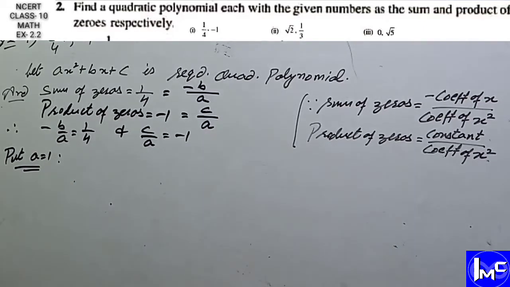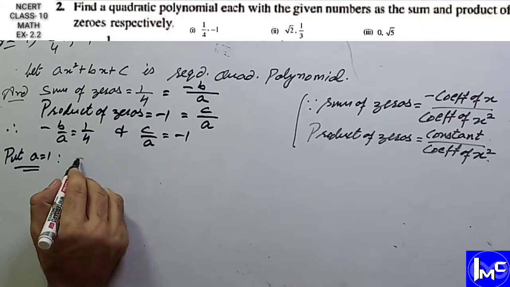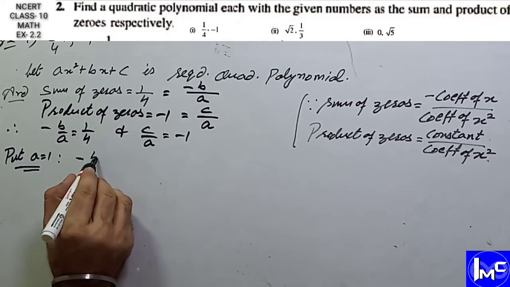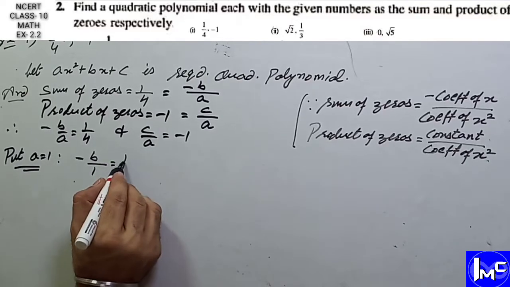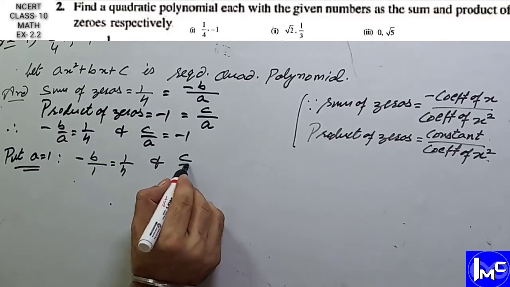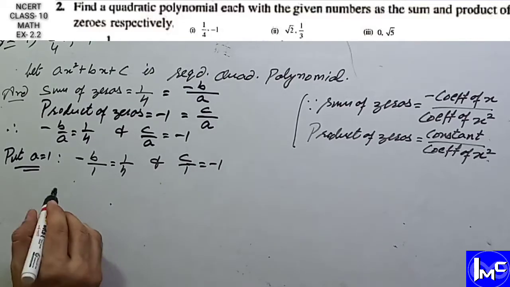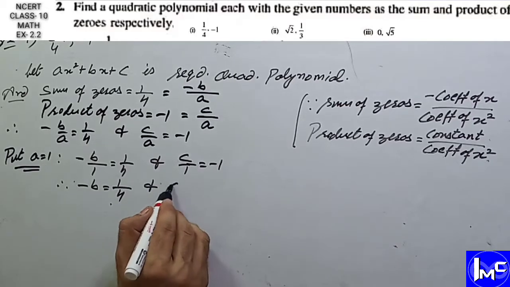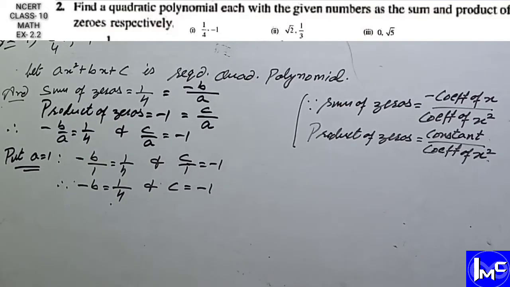In all the questions you will have to put the value of a as 1. It will be easy for the question. So by putting the values we shall get minus b over 1 is equal to 1/4, and c over 1 is equal to -1, and therefore minus b is equal to 1/4 and c is equal to -1, and therefore